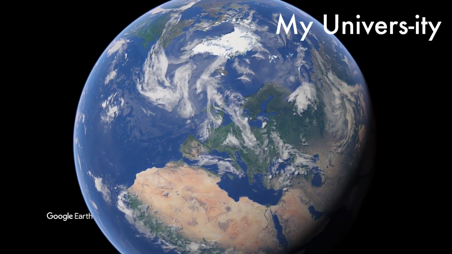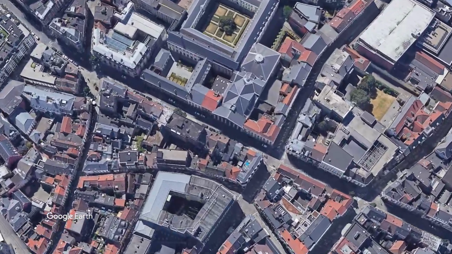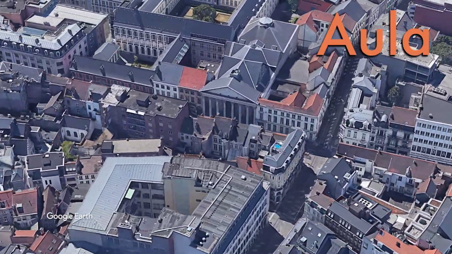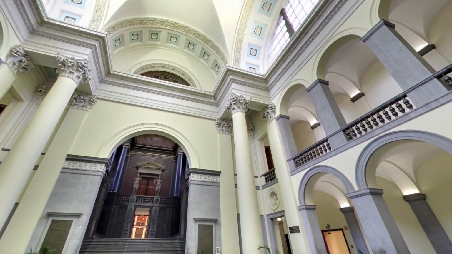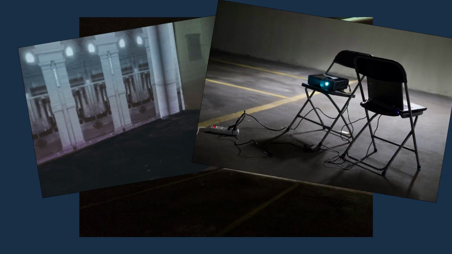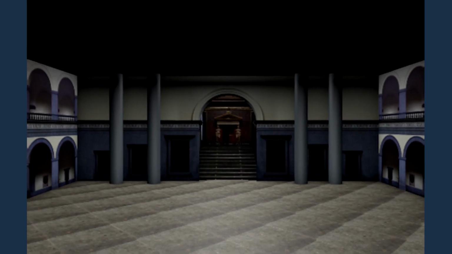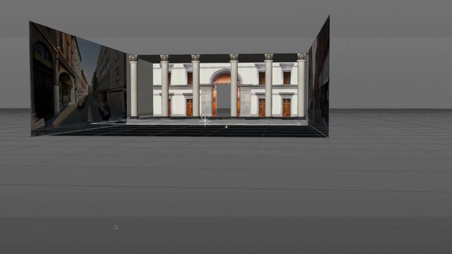At our university, we have this wonderful building where some small groups are lucky enough to graduate. The aula. This building screams authenticity and class. The perfect place for my graduation. Now, as fate would have it, some years ago, I did a school project where I recreated this building in 3D. Now let's see what my skills looked like back then.